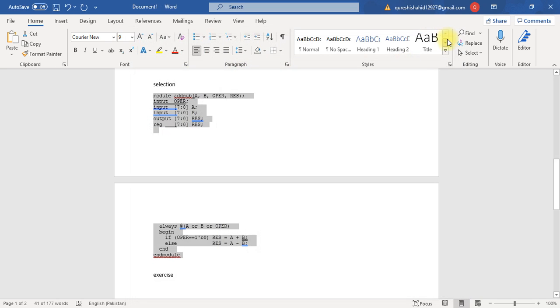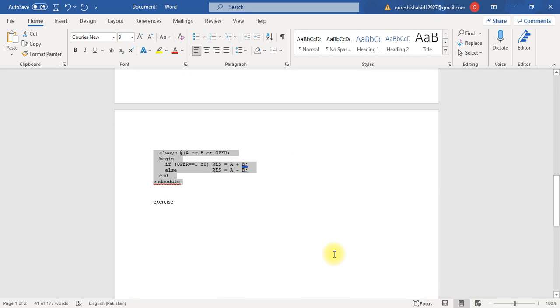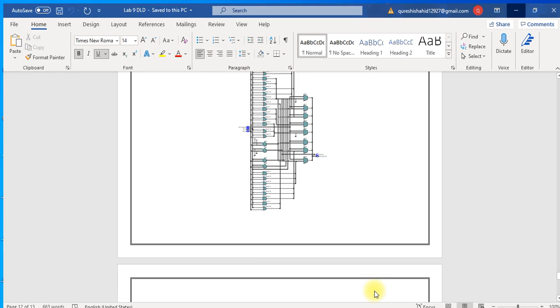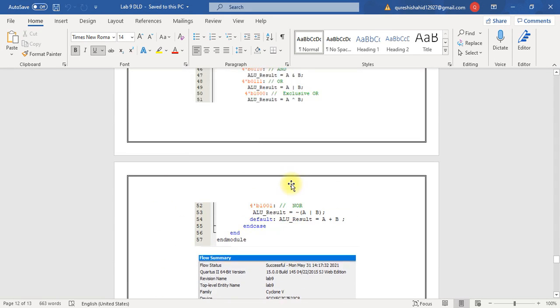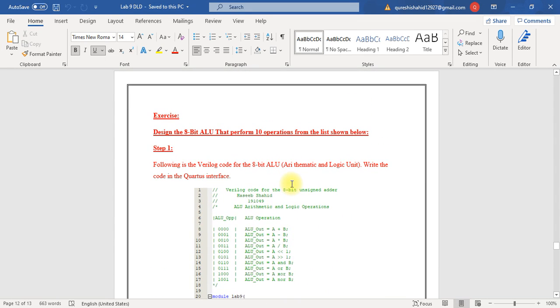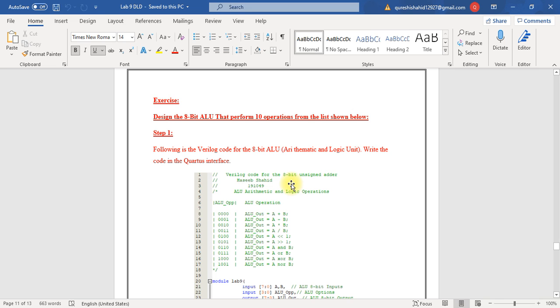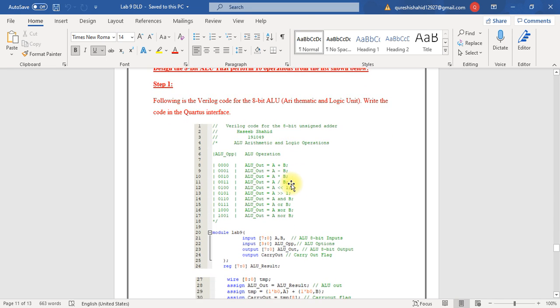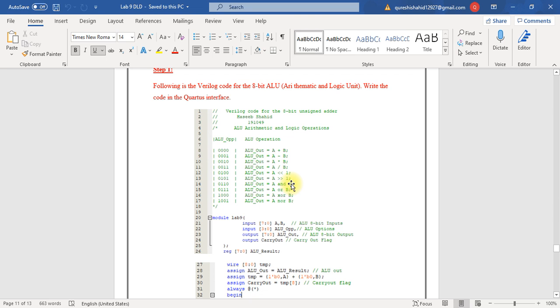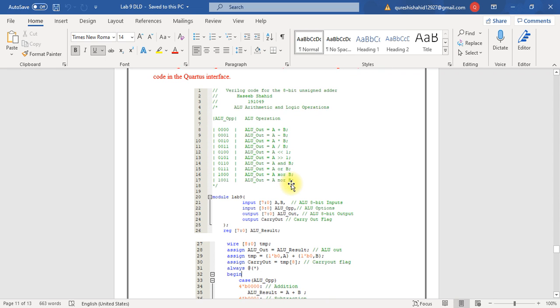Now heading towards our last operation, which I have already implemented and saved the screenshots of, in which we design the 8-bit ALU that performs the 10 operations from the list given below. As you can see, I have made the Verilog code in which I have used a 4-bit operation function.